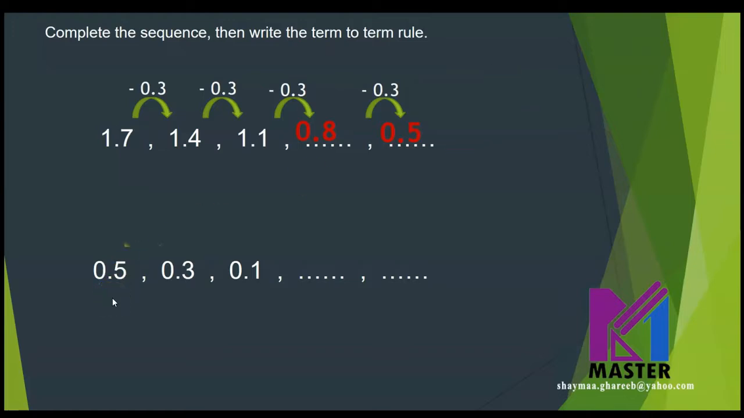Now let's try another sequence here. 0.5 became 0.3. What happened? We subtracted 2 tenths this time. Then 2 more tenths. So what will happen when we subtract 2 tenths from 0.1? Let's count back by tenths starting from 0.1. When you go backward by 1 tenth starting from 0.1, you will get